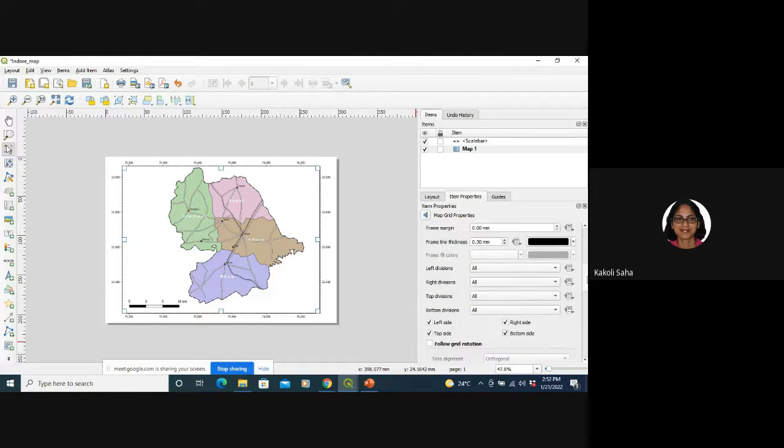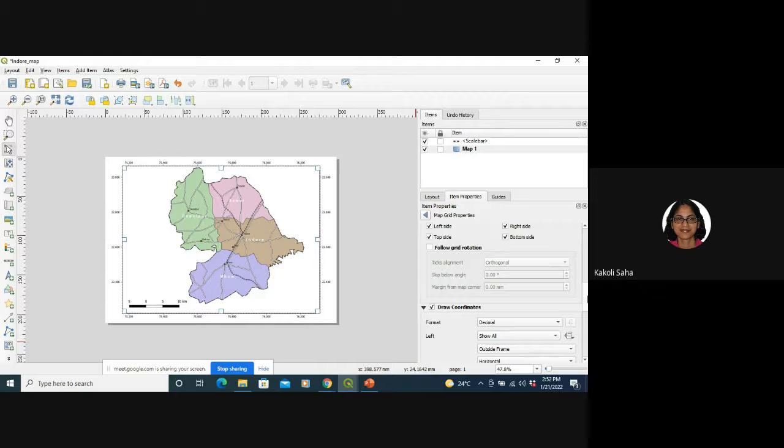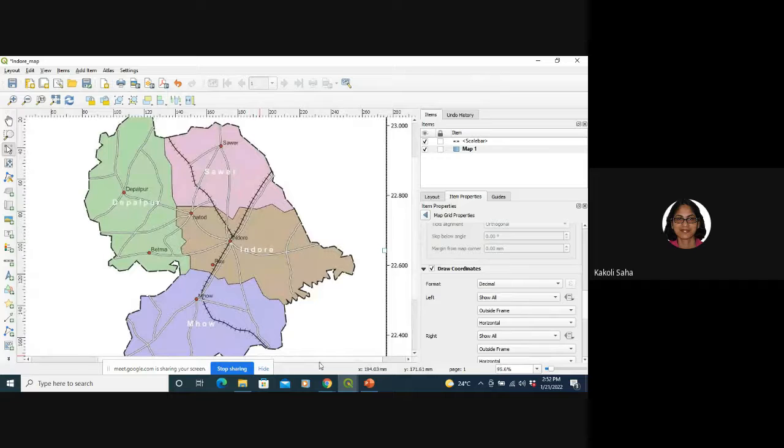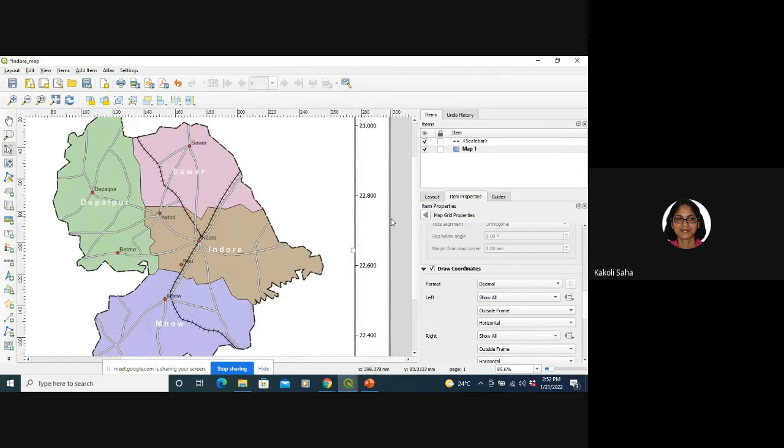We just want them to be in just a reference so that people can use the reference and understand it. Okay, format under the draw coordinate. See, now it is in the decimal. We call it a decimal degree. It is not in the degree minute second, as you can all, I believe, see it in your map. If I zoom in, see, it is in the decimal degrees,